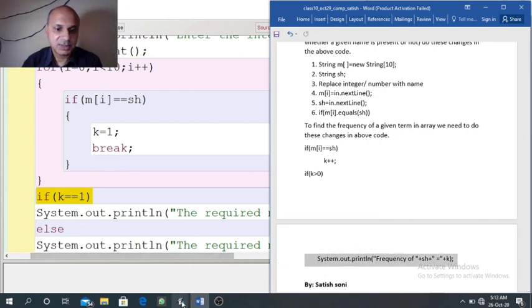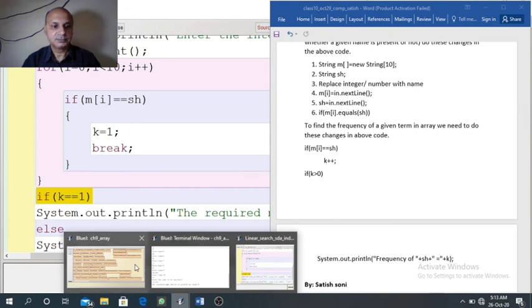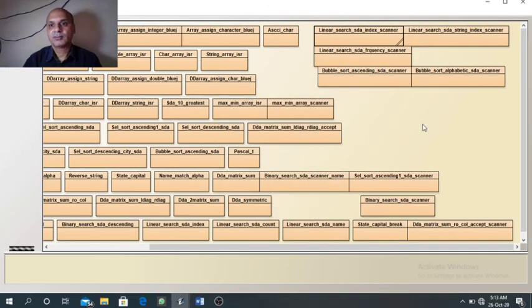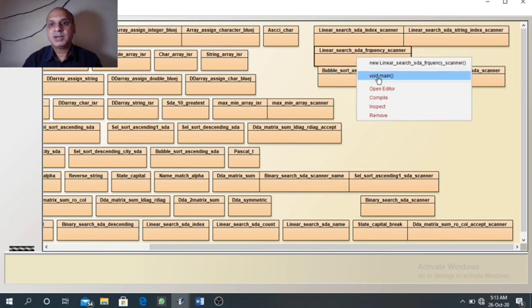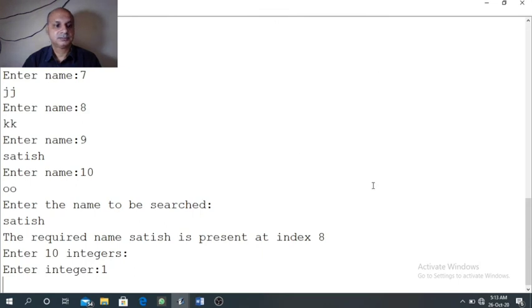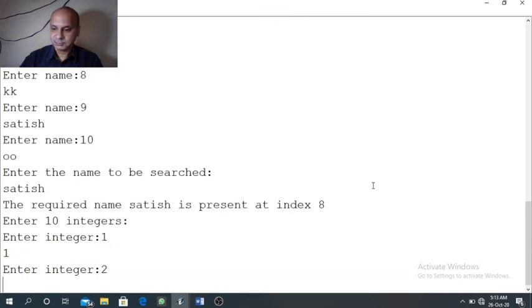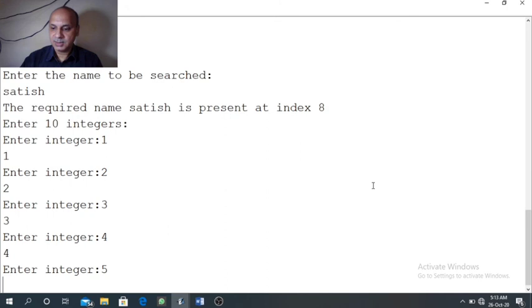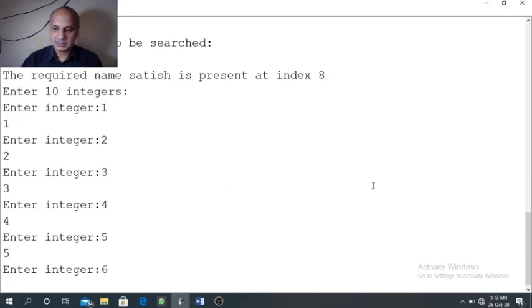Now see the result of this program. I have already designed the program. First we need to enter 10 integers.